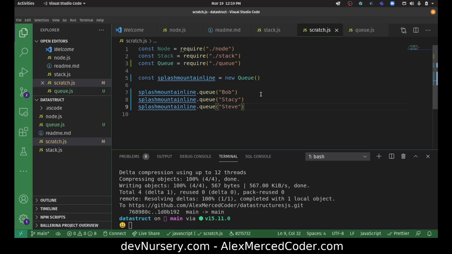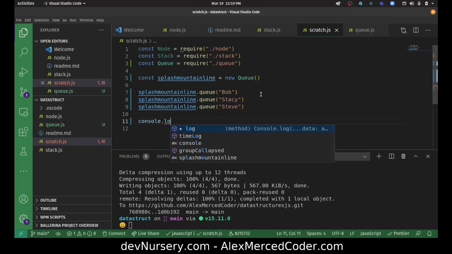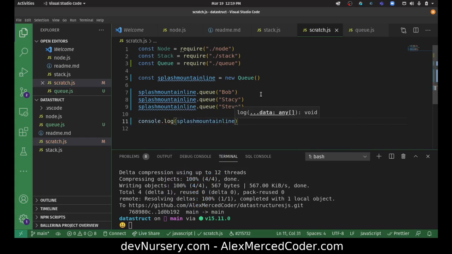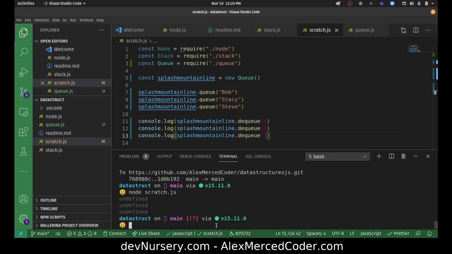Steve gets in line. Okay, now finally it's their time to start getting on the ride. Who gets to dequeue? So we'll do console.log because we want to console log the results. splashMountainLine.dequeue. And again, we don't need to specify a name. We should know exactly who to pull out, whoever was there first, which in this case should be Bob, Stacy, Steve. So if this all works, I should get Bob, Stacy, Steve as the output. And I got undefined, undefined, undefined,